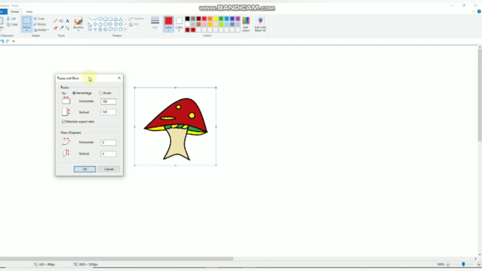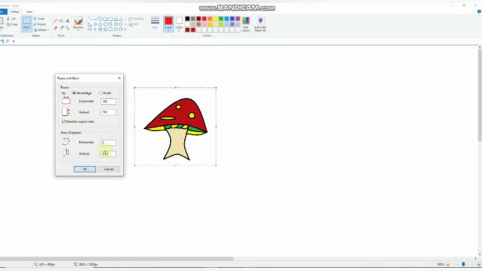Again you see this Resize and Skew dialog box. This area is for the resize option and this area is for skew. So in the skew area, type the amount in degrees by which to skew the selected area of the drawing in the horizontal or vertical box.